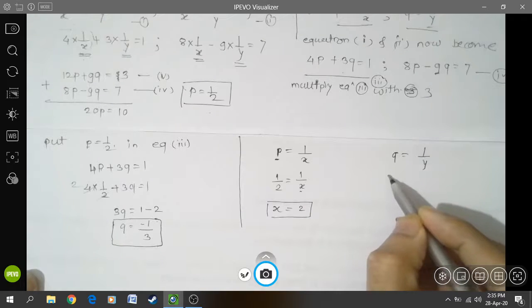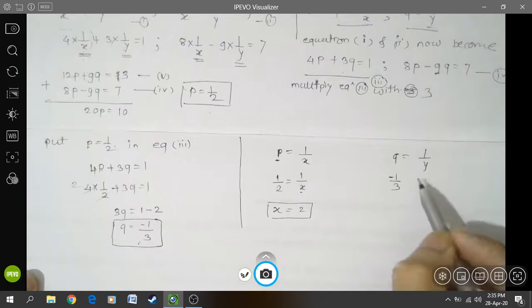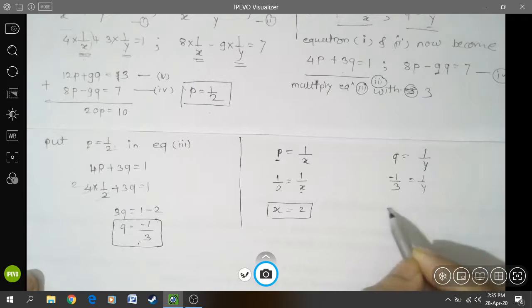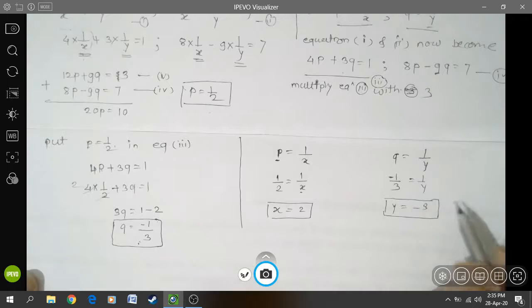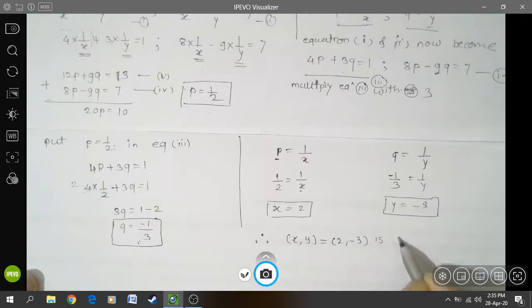Similarly, q has the value minus 1 by 3, which is equal to 1 by y. So y is equal to minus 3. So we will write our last sentence: the ordered pair (x, y) is equal to (2, minus 3)